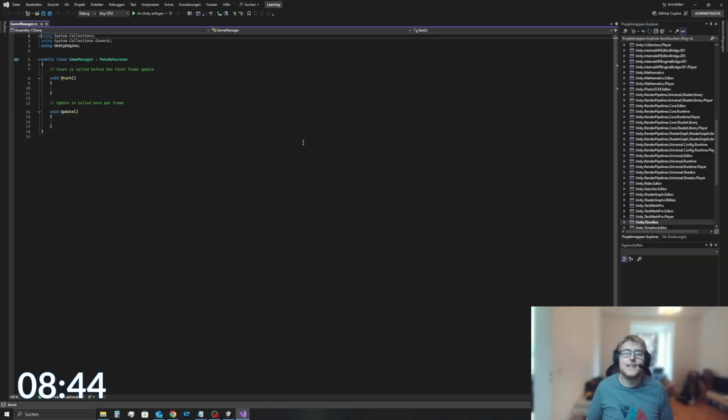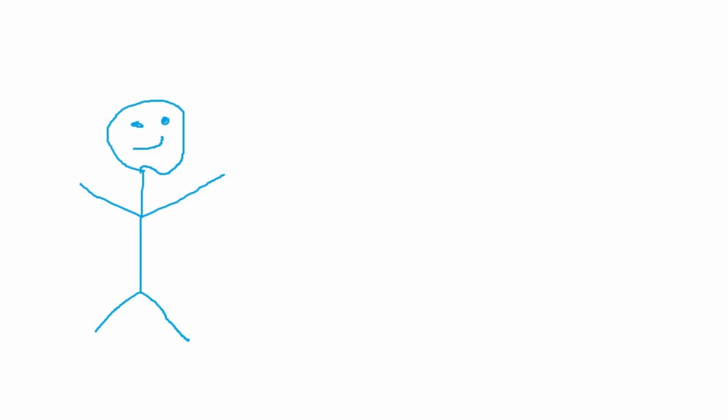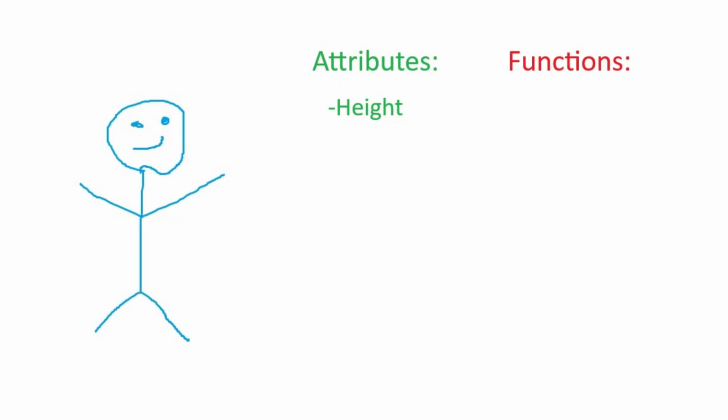So now that we have the setup, first thing I want to begin with are variables. So the first thing you need to know about C#, we have object-oriented programming. What this means is, just picture a human for a second. A human has different kinds of attributes and different kinds of functions. When we talk about attributes, we talk about attributes like height, the name, or for example, whether this human being has 2 legs, yes or no? Those are all possible attributes for the human being,